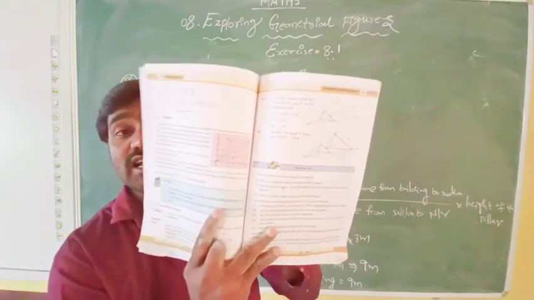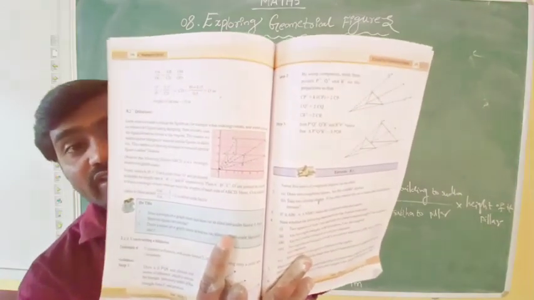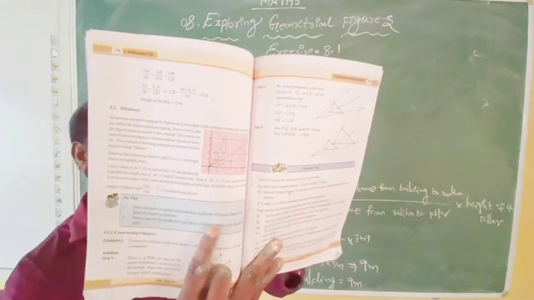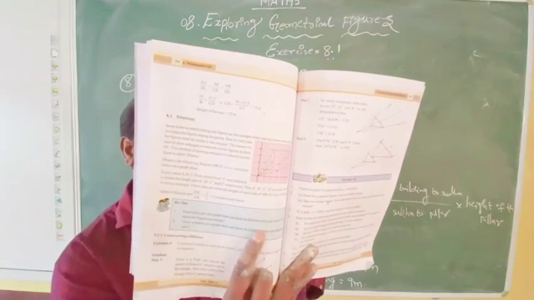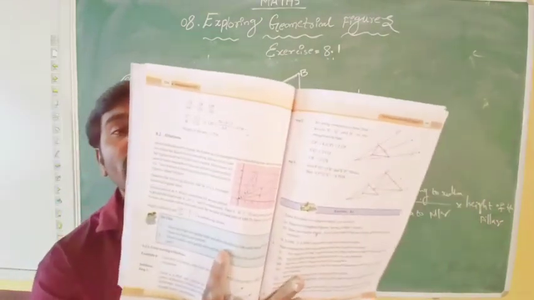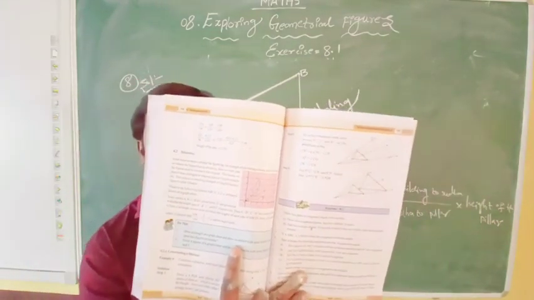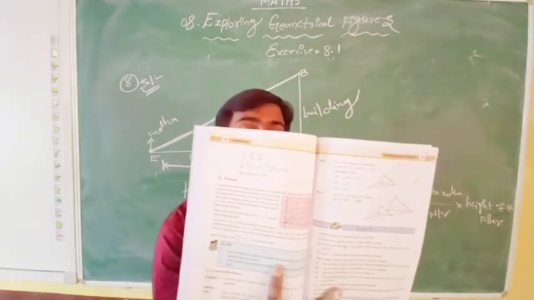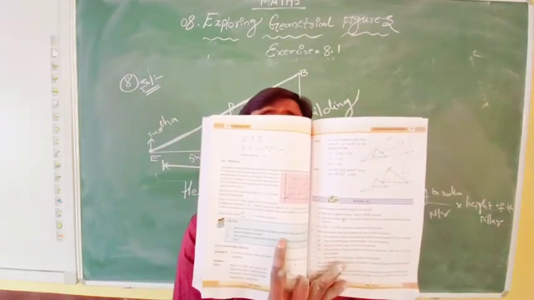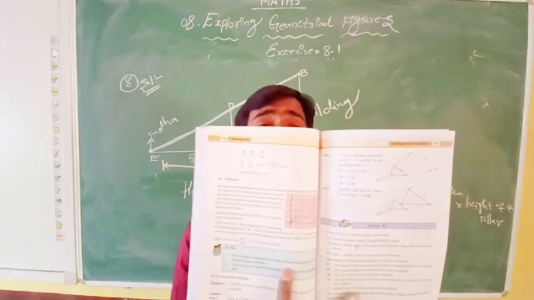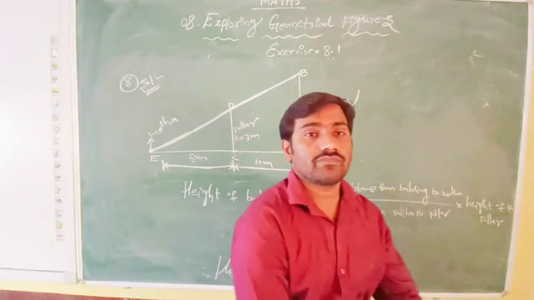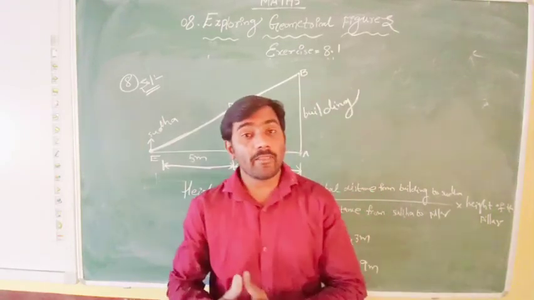I hope you can understand this. Do the textbook very carefully on how to draw the dilation here. You can download the PDF of this mathematics textbook of class 8. If you have a textbook, just go through page number 194. There you can see the dilation of a rectangle with a scale factor of 2. But you need to construct it according to the exercise question, with a scale factor of 3. Okay, this is our exercise number 8.1.